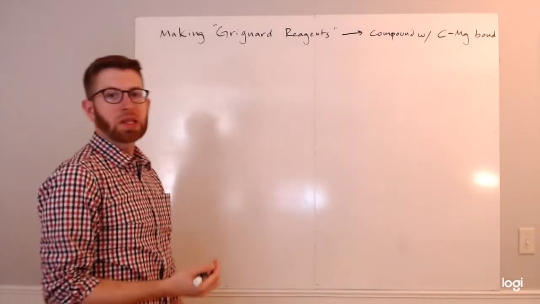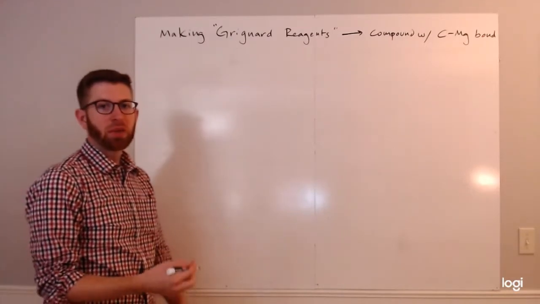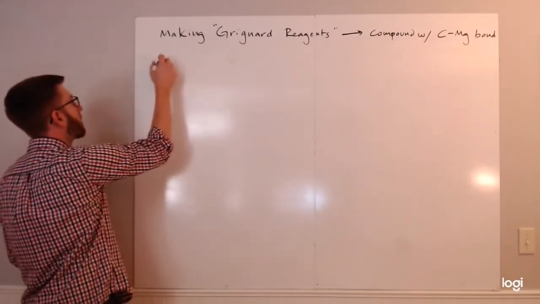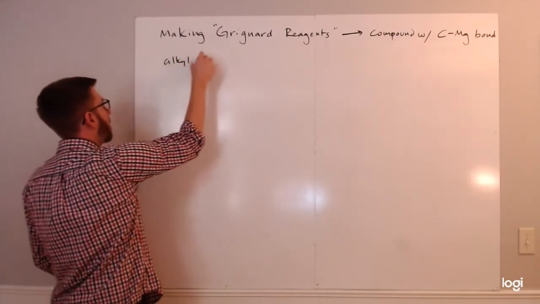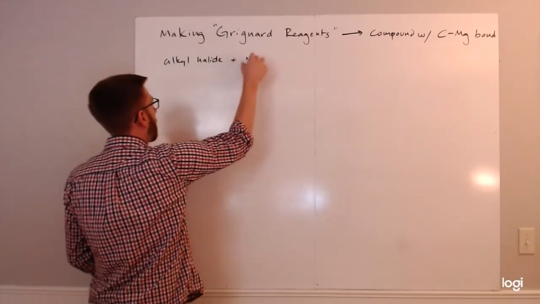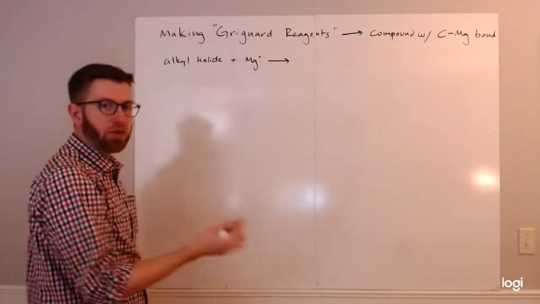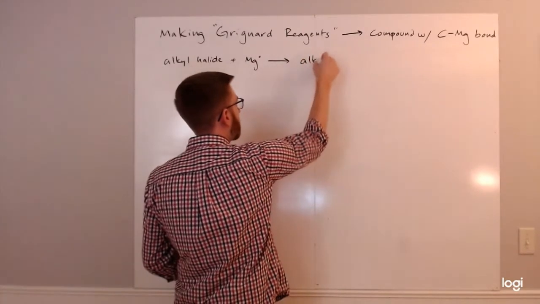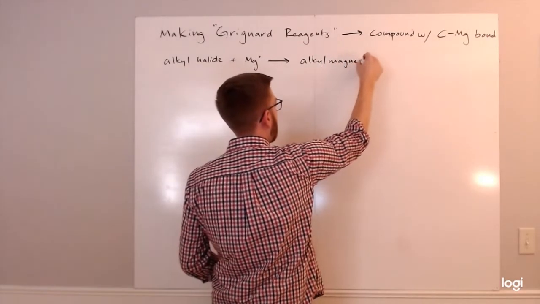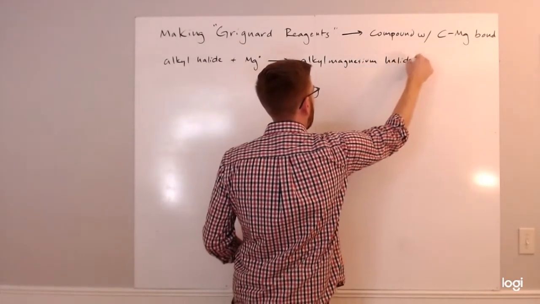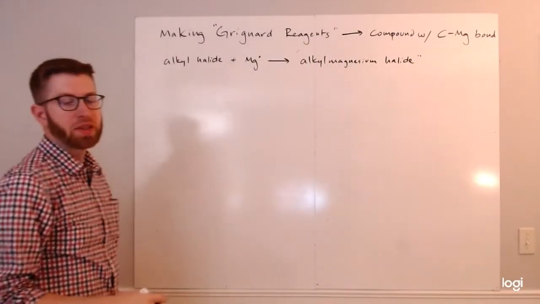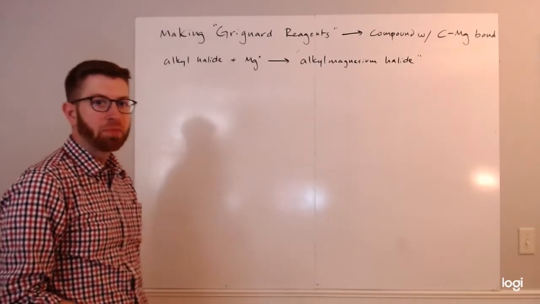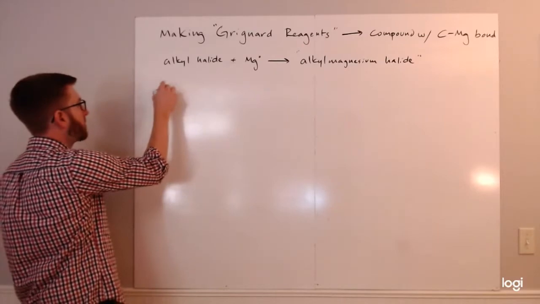And we've already actually seen this back in video 1 where we discussed the action of magnesium metal itself, so like Mg0, and an alkyl halide. And these make compounds that we call Grignard reagents colloquially, but they also have specific names. That's basically whatever the alkyl group is, magnesium halide. Right, so you could say something like methyl magnesium bromide or ethyl magnesium chloride. You get the idea. So let's look at a few examples just so you can see what this looks like